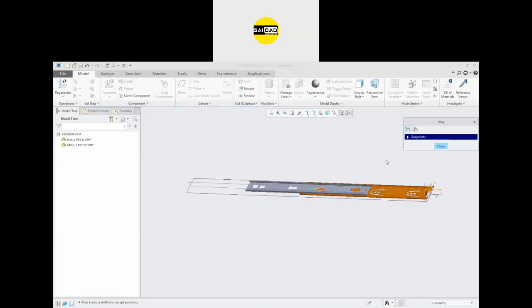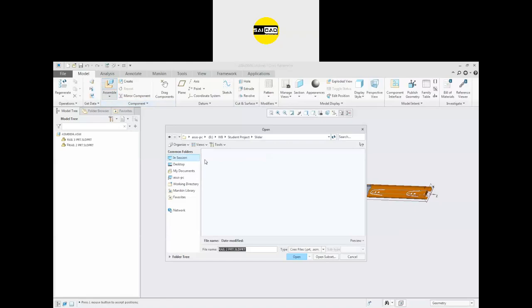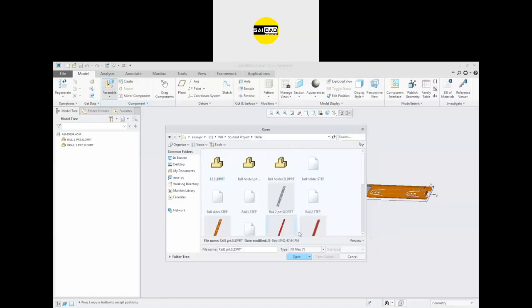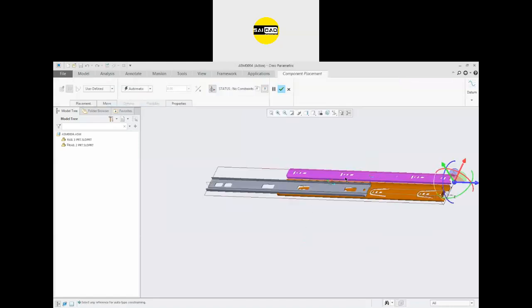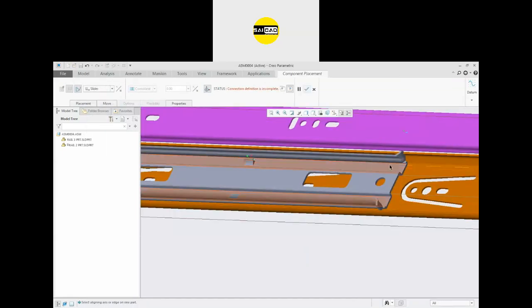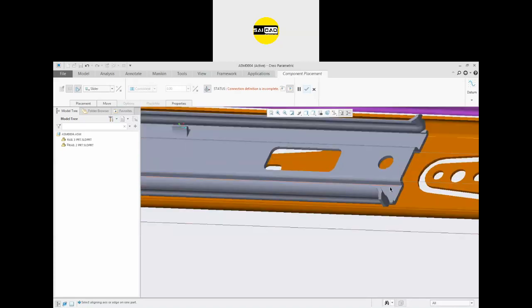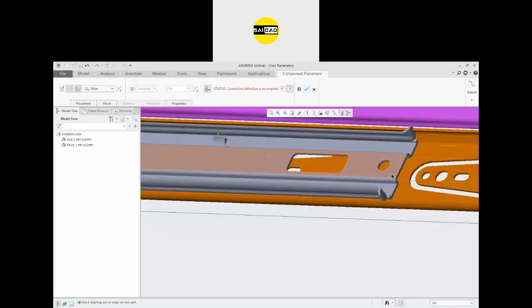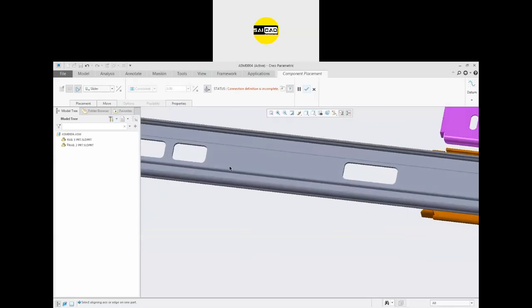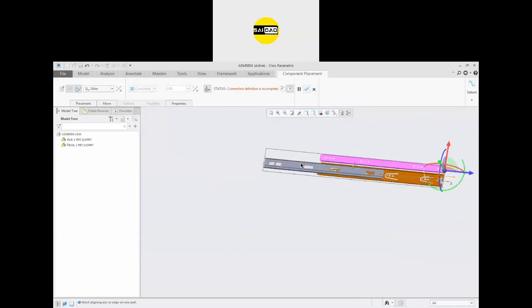So after that, if you want to insert another component, insert the third one, or the third slider, the rail one, and here is the rail. So just define the relation that is slider. So we have to slide this component. So slide it. We have to select an axis and select the axis properly with the size.